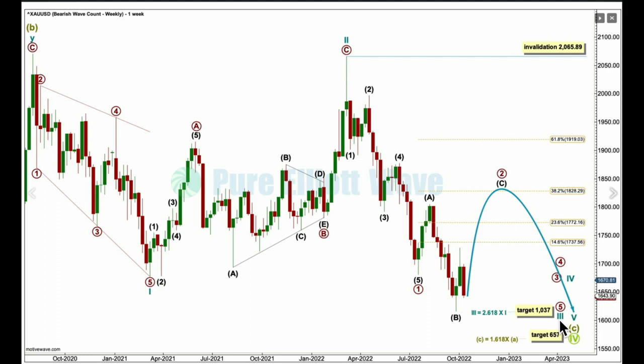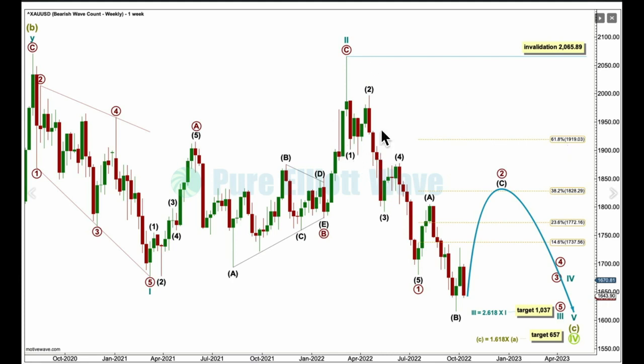Wave 3 may only subdivide as an impulse. Within it, primary 1 may be over at this low, and primary 2 may be continuing as an expanded flat. Expanded flat corrections are fairly common structures. They are labelled A, B, C, and they subdivide 3, 3, 5. The B wave of an expanded flat moves beyond the start of wave A, and wave C moves beyond the end of A. So the target for primary 2 is, in the first instance, the 0.382 Fibonacci ratio of primary 1 at 1828.29. If it reaches that level and price just keeps on going up, then attention turns to the next Fibonacci ratio, this 0.618 ratio at